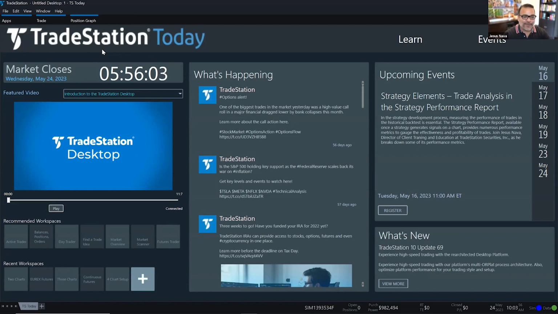So TS Today, by the way, this is a workspace that opens up when you log into TradeStation. It is designed to pretty much keep you up to speed with what's happening with TradeStation, not only the platform, but also us as an education department or as a business. Over here on the left-hand side, hopefully you can see my cursor, we have some featured videos. It starts with an introduction to the TradeStation Desktop, which is, I think, a 7-minute video on highlights of the desktop. But if you go to this drop down, we've added a couple